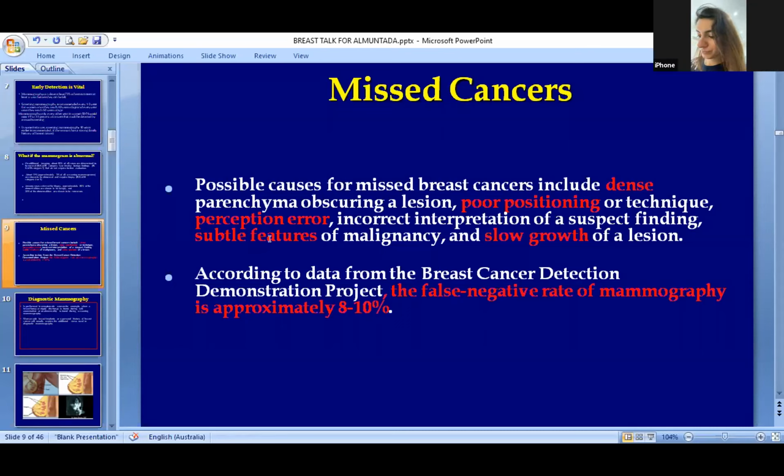Sometimes the cancer is very subtle. It's really hard to say. Even only in retrospect can you say, oh, here you go, that's where it is. But even if you look harder, with breast screening, the radiologists usually check the images. And sometimes the lesion is very slow growing, so we do follow up.